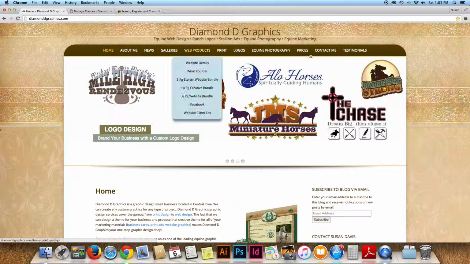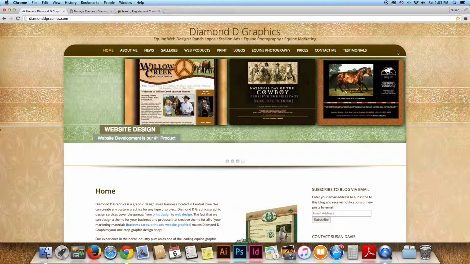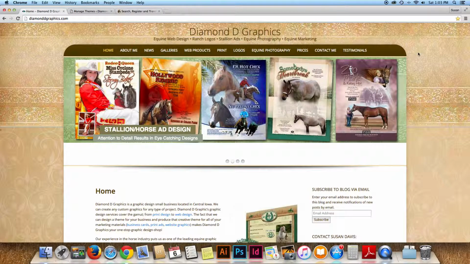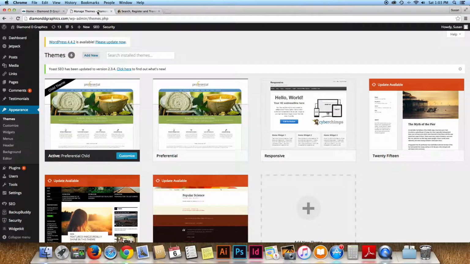And the colors. Maybe I want, well, no matter what color I want it to be. A lot of the themes that you download, the free ones even, you can change the colors of the background, the menu system. And then the other thing is, if you go over here to themes and do an Add New,